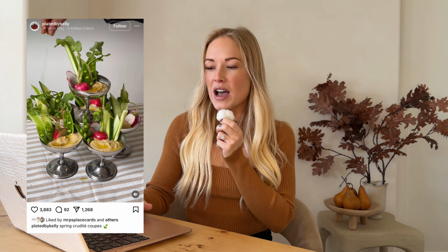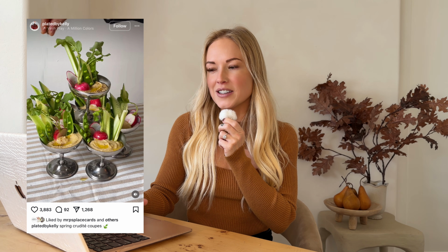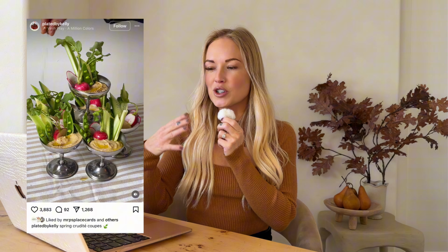A few more appetizer ideas for you guys here are these crudite coupes. Is it crudite? Again, I don't know how to say that, but can you guys tell me in the comments below? But I thought that these looked so pretty, especially if you're going to do something with the silver thrifted dishes. If you have some silver coupes, this could be so beautiful. I love how these just add so much dimension and they seem like they would be really easy to